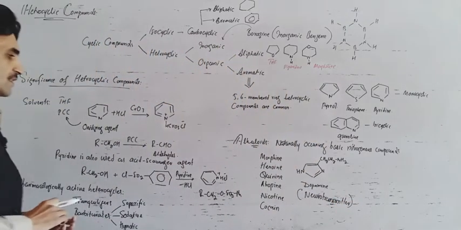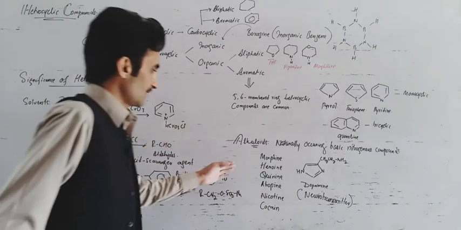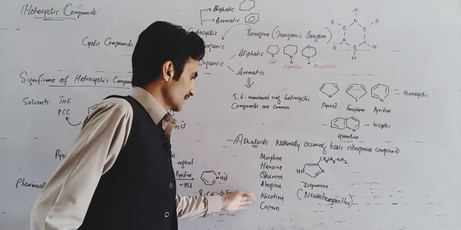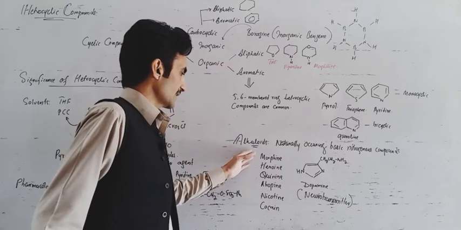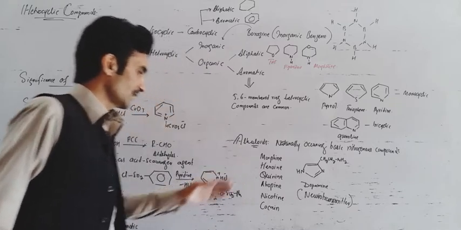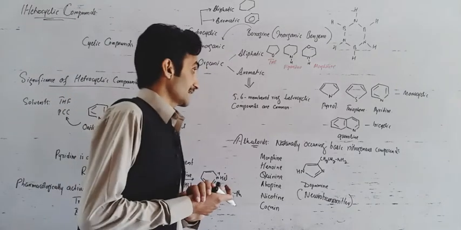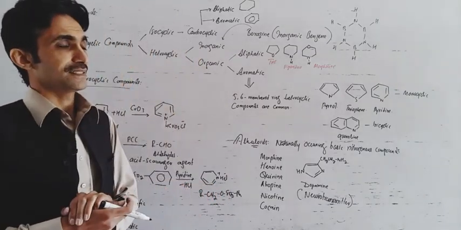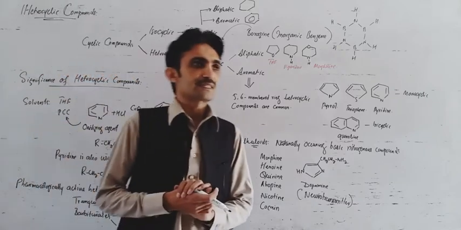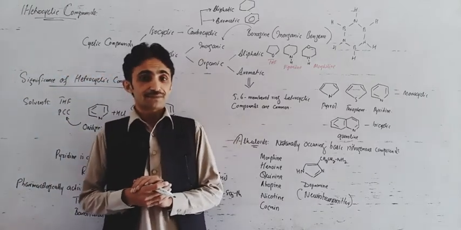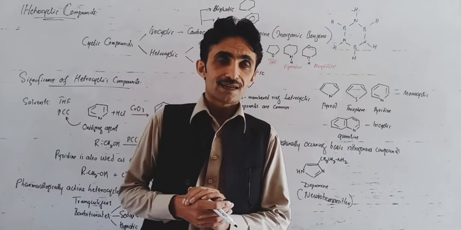All these are examples of heterocyclic compounds which occur in alkaloids, or belong to the alkaloid family. So these are simple examples of alkaloids and a simple distinction between heterocyclic compounds and naturally occurring simple